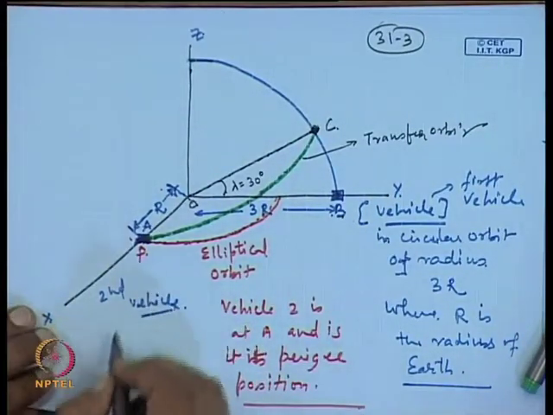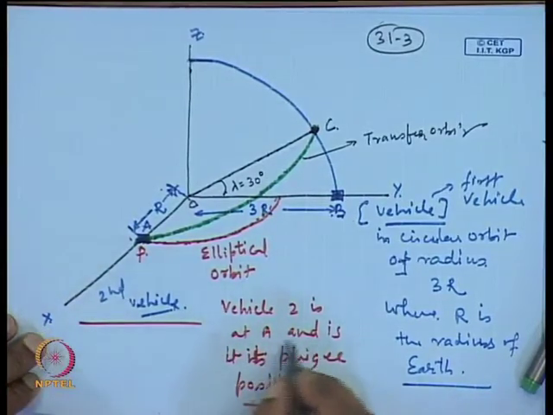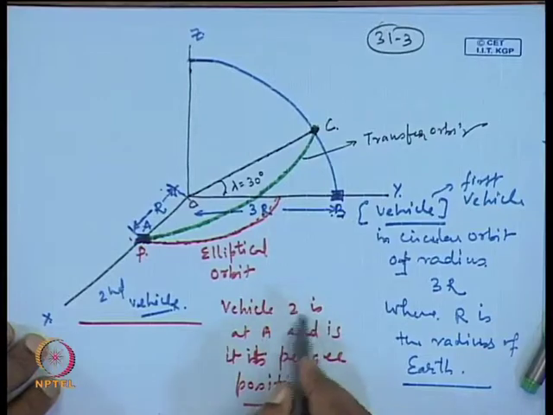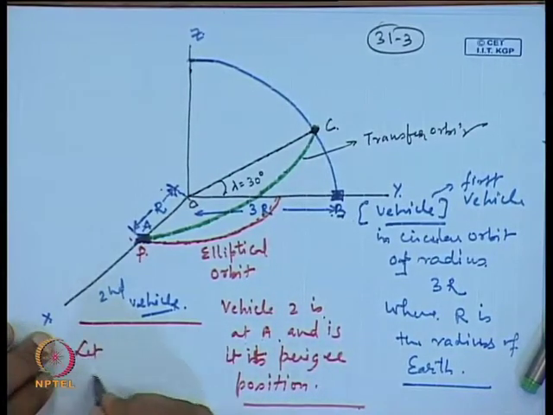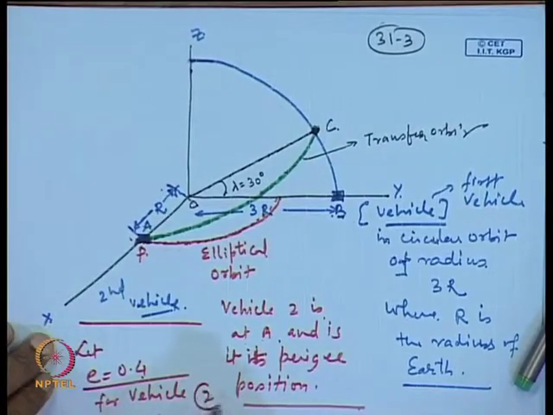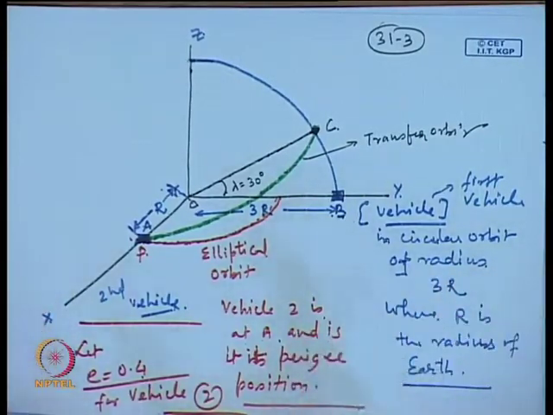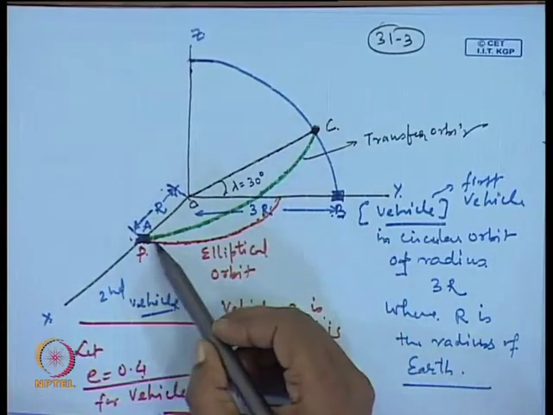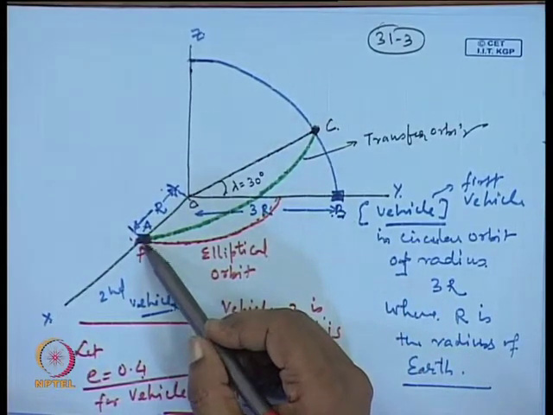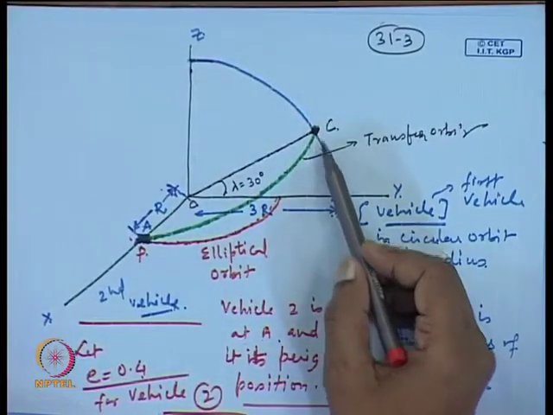And vehicle 2 is moving in an elliptical orbit. So, vehicle 2 is at A, its perigee position, and let E equal 0.4 for vehicle 2. Okay, now you devise your plan for how to send vehicle 2 from position A to position C, where the rendezvous